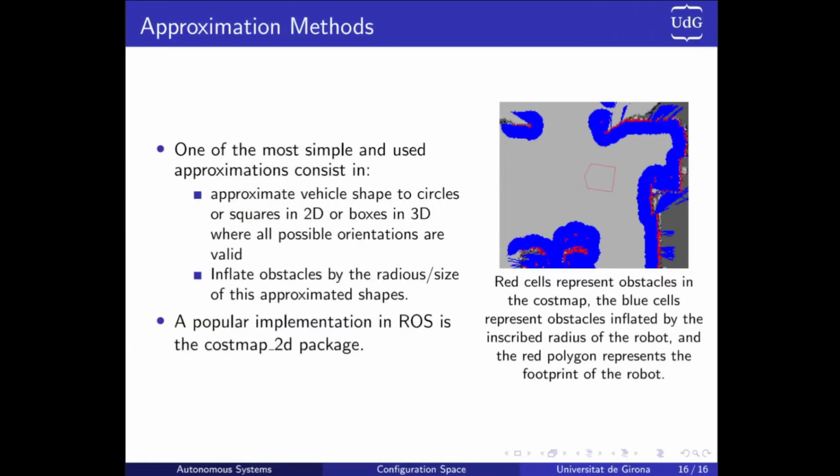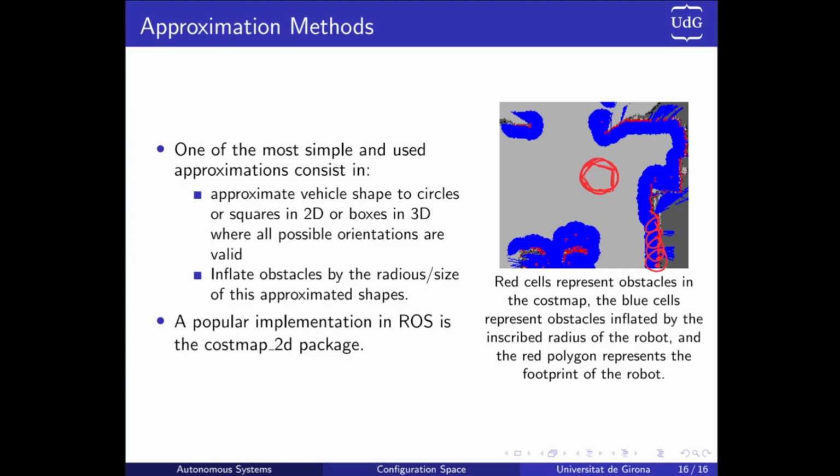From these grids, one method that is still used nowadays is a very simple one. This is our robot, as you can see here. Let's imagine the minimum circle that contains the robot. Then, for each obstacle, and the obstacles are these red dots here, let's grow one of these circles around it. And that's all. With that, we can very quickly grow the obstacles that we have just detected